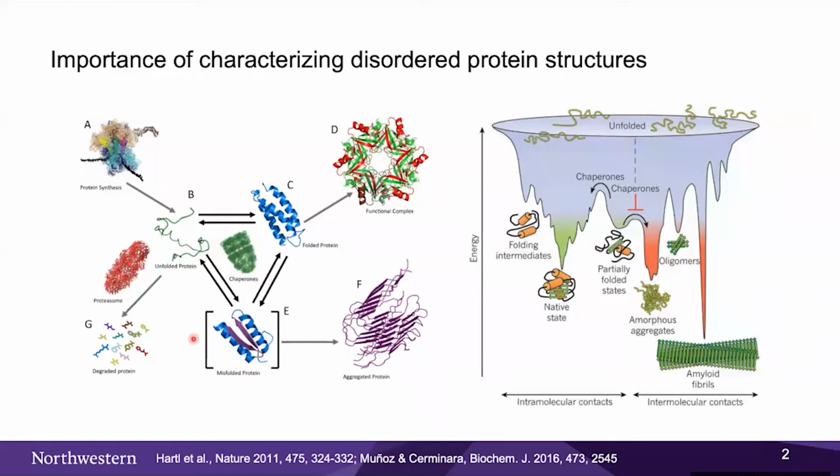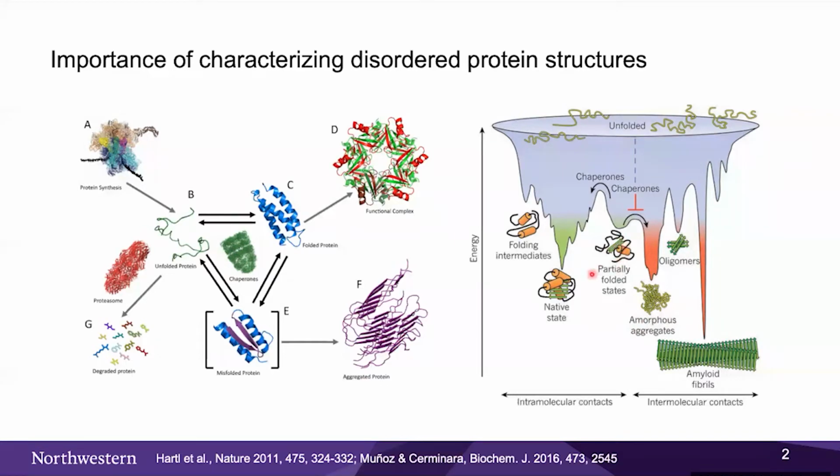And we know that these states are the precursors to the aggregated proteins, which are known to be fairly toxic to the cell and sometimes induce or are the trigger of neurodegenerative diseases. We know that the protein can be in these different states. If we map it onto an energy landscape, we can see that the native state is just one of the minima the protein can be in. In particular, the partially folded states, which are the precursors for the amorphous aggregates, are of interest.